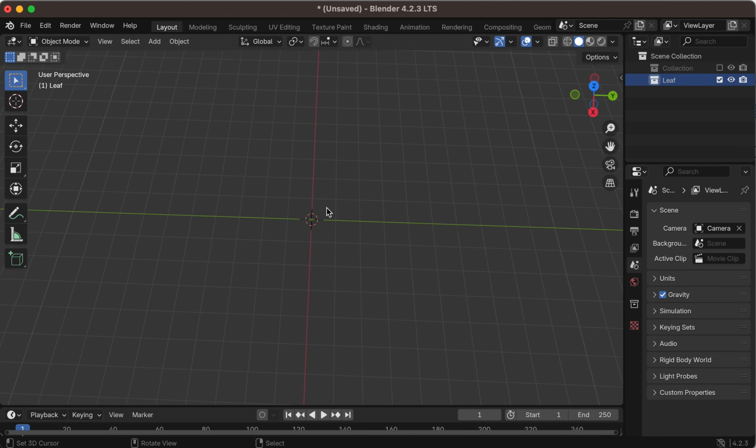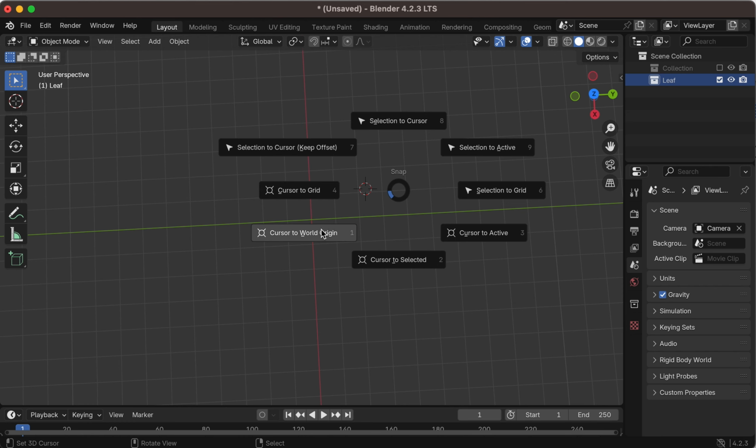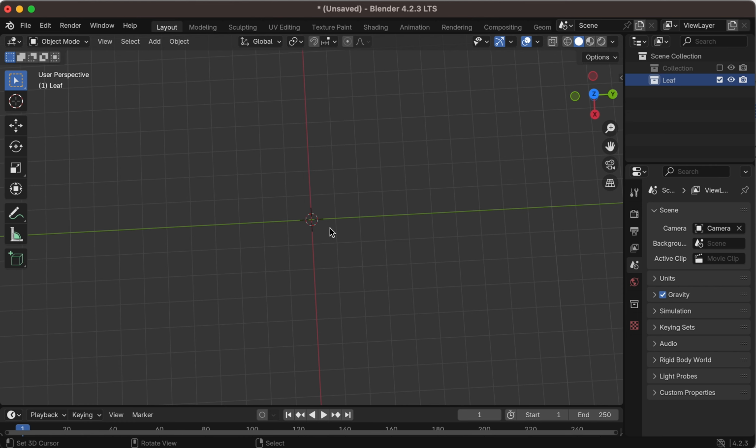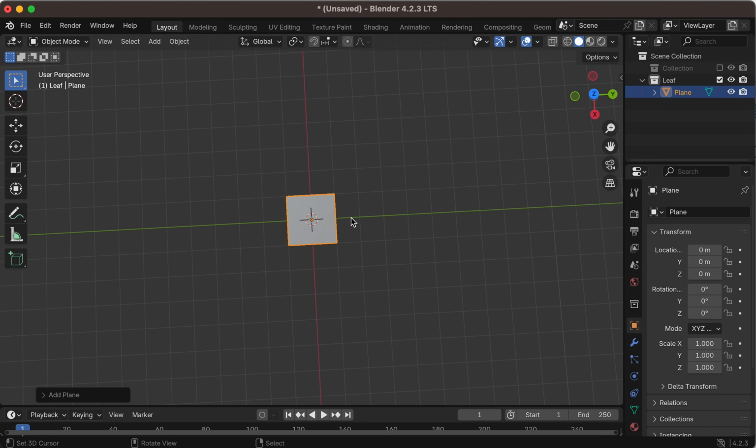Now I want to make sure that I'm adding a starting object into the very center of the grid. If the pivot point is off to the side, you just want to use Shift S for snapping, cursor to world origin, and then Shift A for the add menu, and you can use whatever you want. I'm just going to add a plane for the starting point,